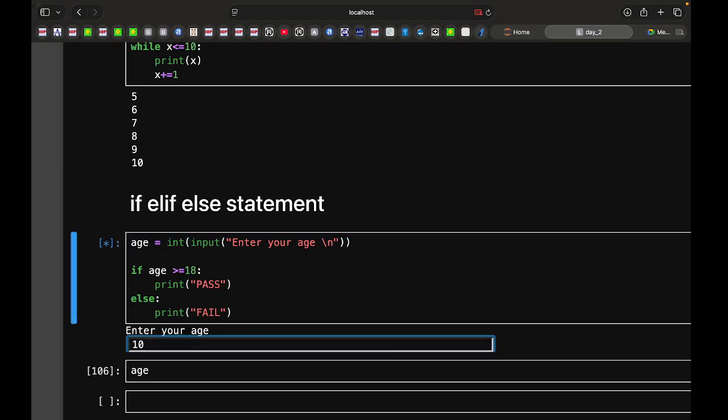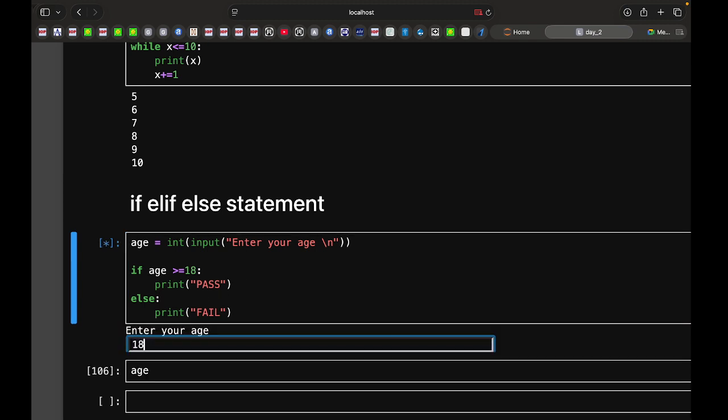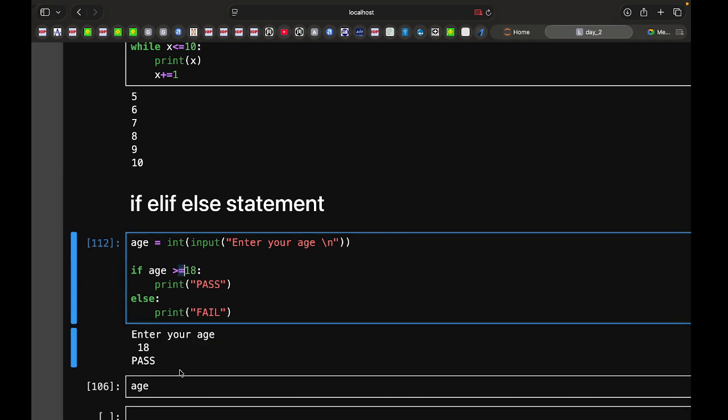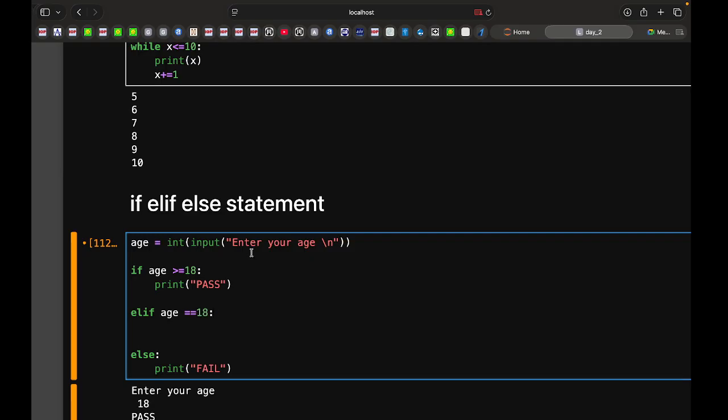एक तो ब्रैकेट प्रॉपर्ली बंद नहीं किया मैंने। एज 10 डाला तो उसने फेल प्रिंट कर दिया। ठीक है, अगर मैं इसको फिर से रन करके 18 ऐड करता हूँ तो वो पास कर देगा क्योंकि इक्वल टू भी लगाया। अब एक और चीज़ ऐड कर देते हैं इसके अंदर, एलिफ। ठीक है, एलिफ एज इज इक्वल टू 18, अगर पूरी पूरी 18 है। इसको ग्रेटर देन बना दिया, अब पूरी पूरी 18 के इक्वल वाला भी एक कंडीशन बना देते हैं कि बेयरली पास्ड।